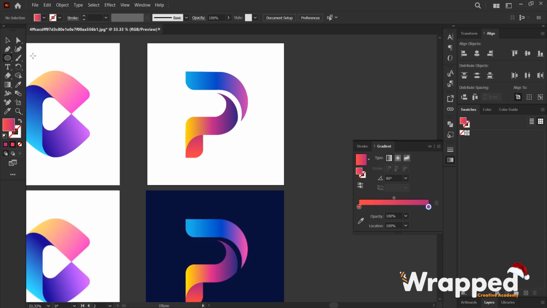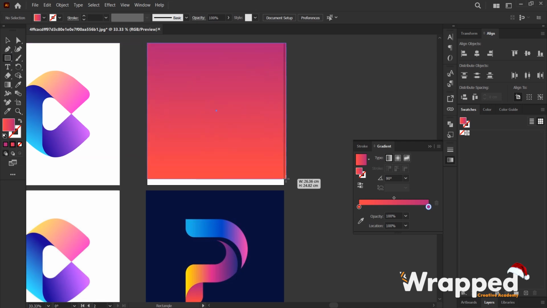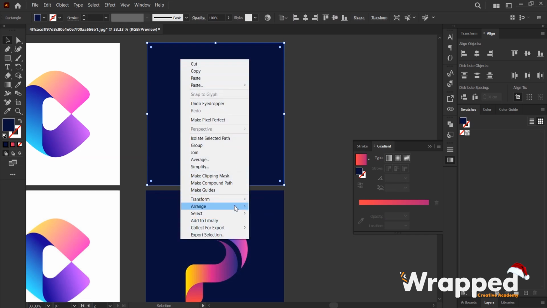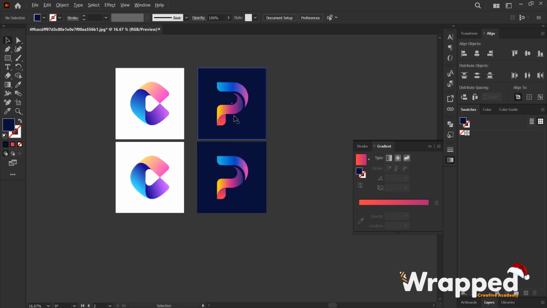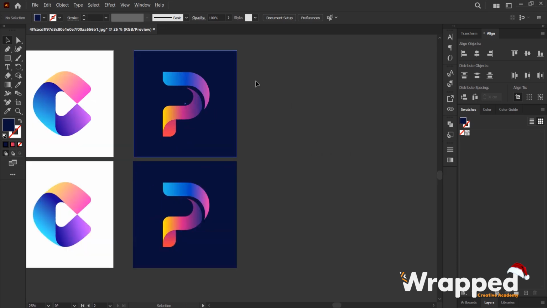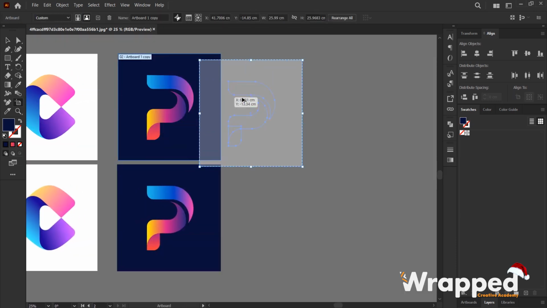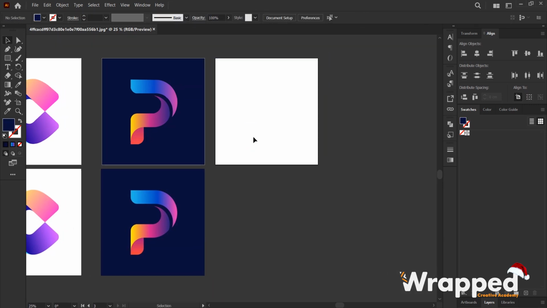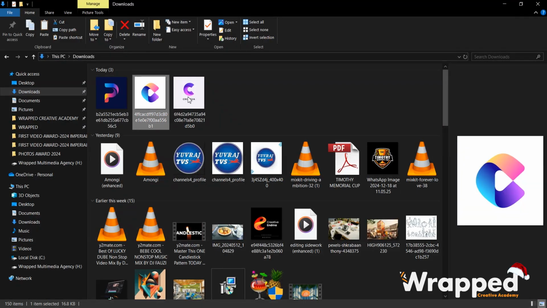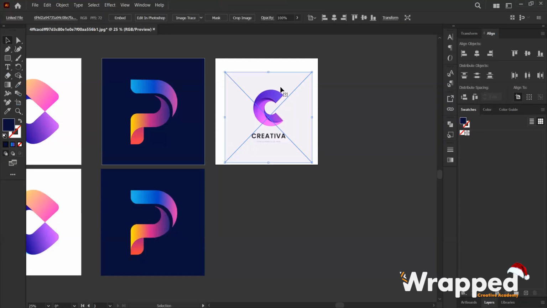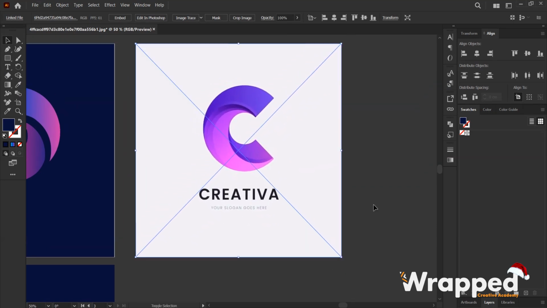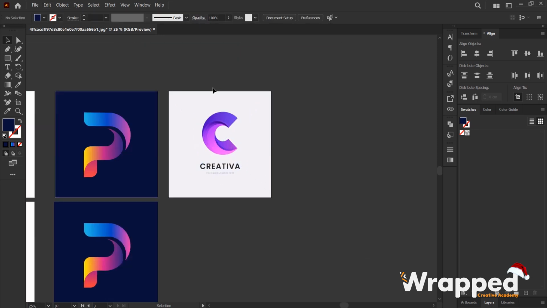Next, what we're going to do is put the background color. Let's just use our eyedropper and give it color, then send it to back. So we have the logo fully done. Let's duplicate this, creating our last logo. Let's bring in our last logo. Okay, lock, Ctrl 2,